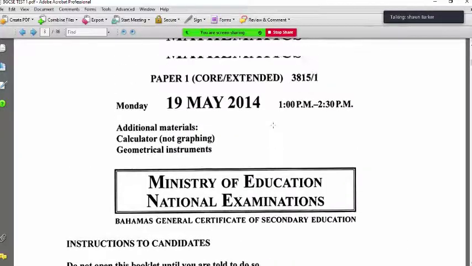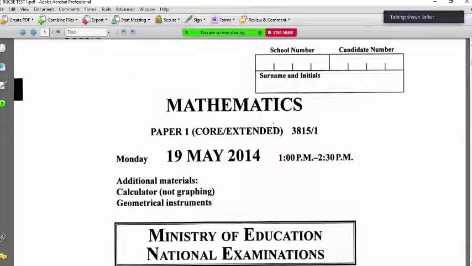So here's an example of an actual exam. This is paper one from back in 2014. Another key thing I wanted to highlight is that you have an hour and a half to solve. This is the key part with taking national standardized exams: your time constraint. You don't have forever to solve these problems. You may be able to figure them out eventually, but you do not have a lot of time.